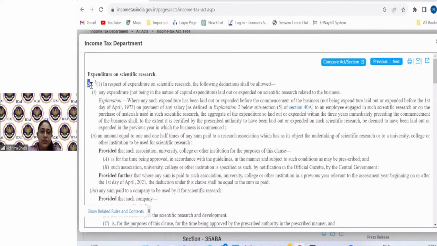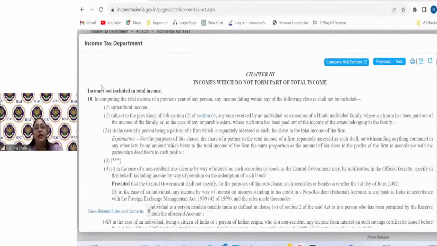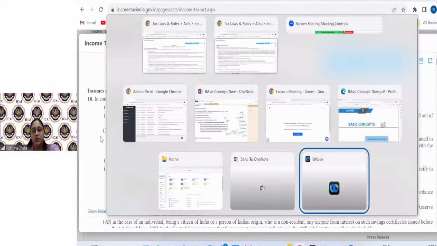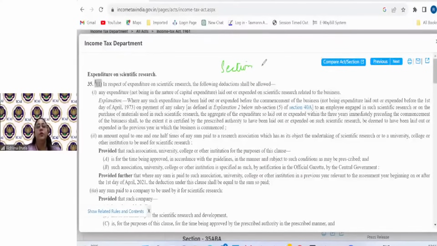Simple. And you will see Section 35 subsection 1 starts right away without any intro line of section 35, right? And there Section 10 has a basic intro line, and then it has different parts which are not related. Therefore, it is called Section 10 clause 1, Section 10 clause 2, and it's called Section 35 subsection 1. Now you will say, ma'am, in writing we are using brackets only. Yes, in writing you write it like that, that Section 35(1) or Section 10(2).